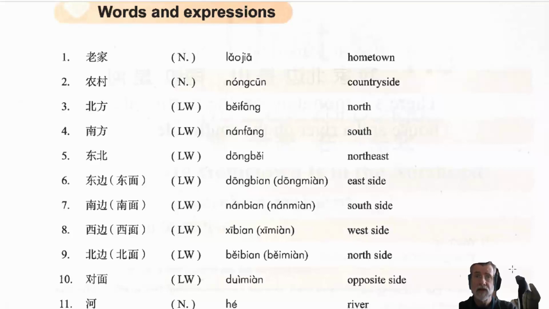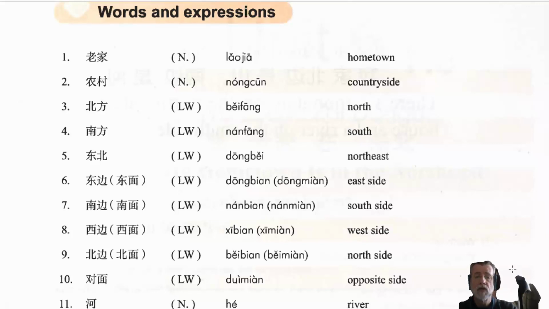The dialects are quite different in each of those areas. To some extent it's not dissimilar to the way the Americans refer to the northerners and the southerners in America. A lot of Chinese history, a lot of dynasties and wars and movement of population have been between the north and the south. So that's specifically referring to the two parts of the country. You can use that terminology for any country, but just so that you understand, in China it has a specific significance.